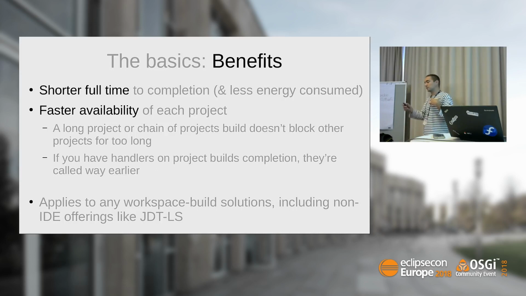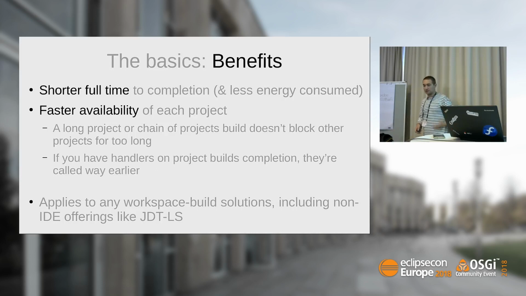Another one is that projects are available earlier. If you compare the graph, for the last project that was built, you had to wait 6 seconds to get the project ready for usage, to get your build output. Here with parallel builds, the max time you had to wait is 2 seconds. So projects that are built are usually available earlier, which makes you able to keep working on them earlier. I'll get into a more concrete case of how this applies. So this means that you can work on your project a bit faster than if you have to wait for a long build chain.